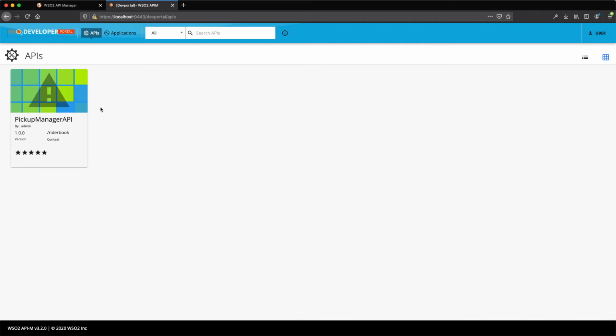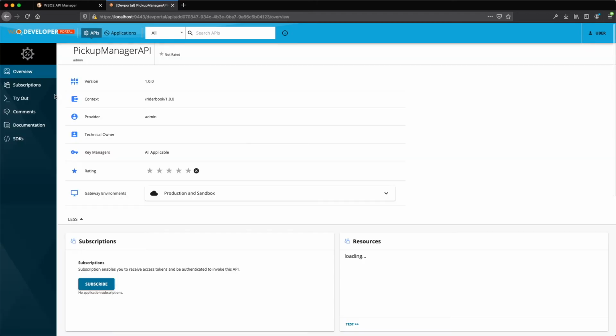Since the publisher exposed the API known as pickup manager API, I have the privilege now to subscribe to this API, create and test applications, and then use those consumer keys and consumer secrets, so that the application uses them to generate tokens, and that controls your complete life cycle of application registration process and role-based access controllability.